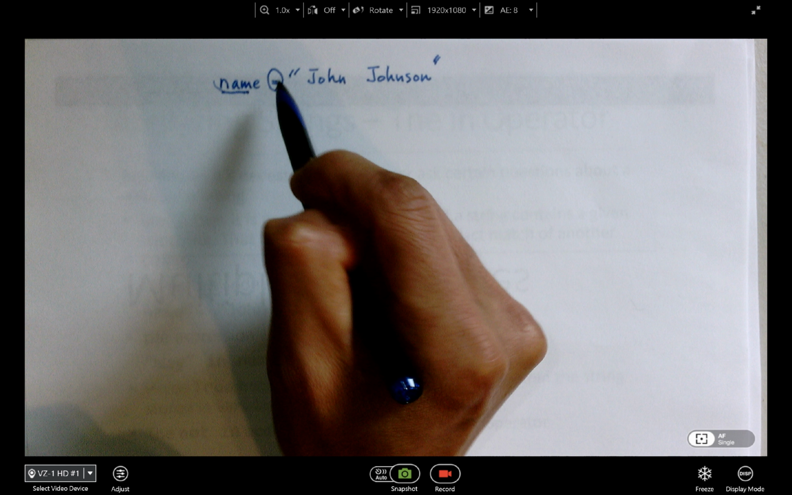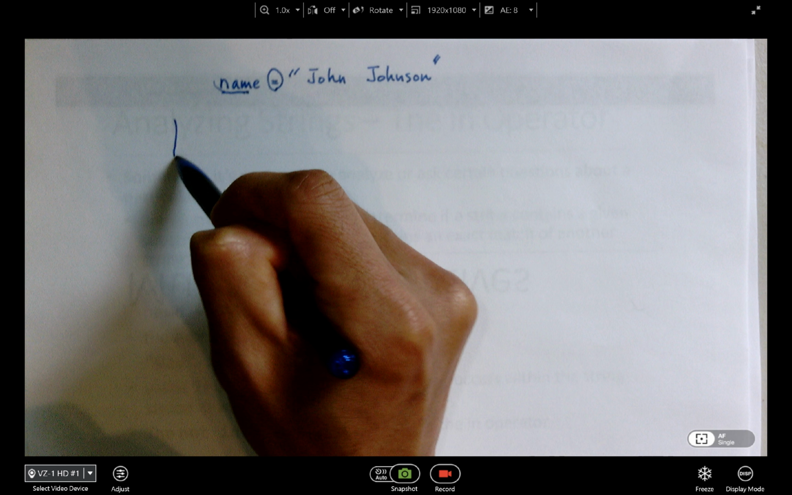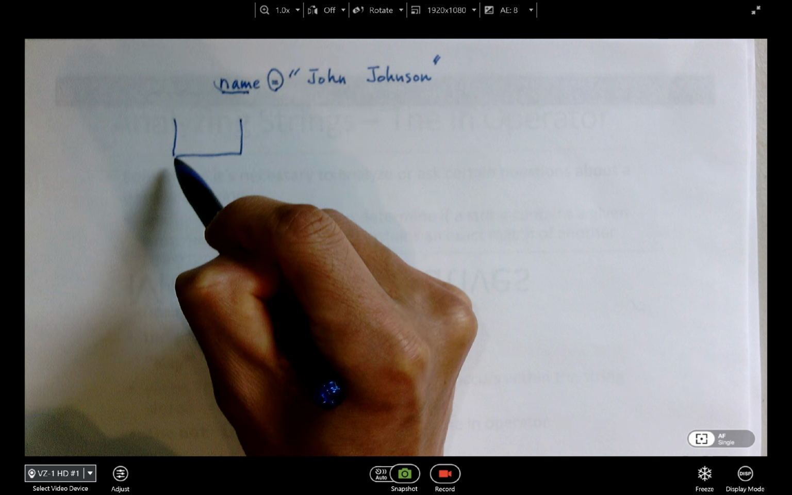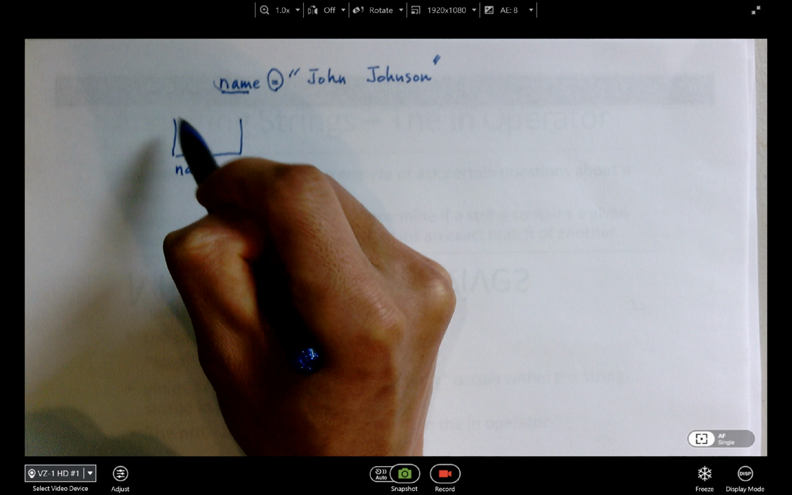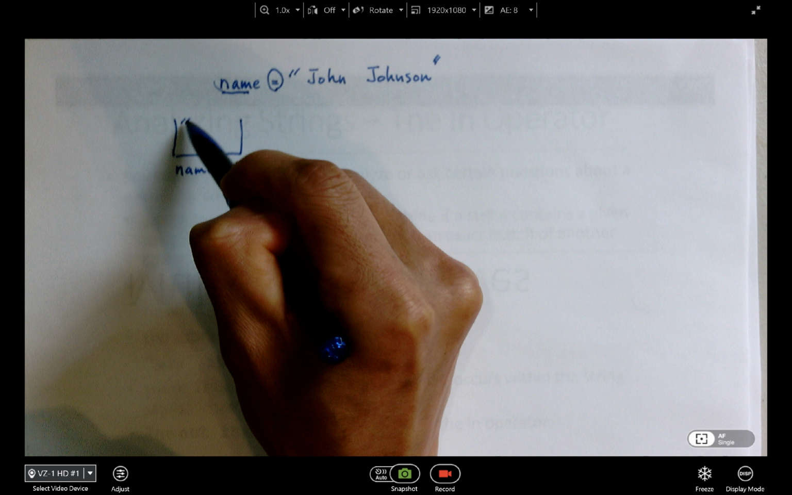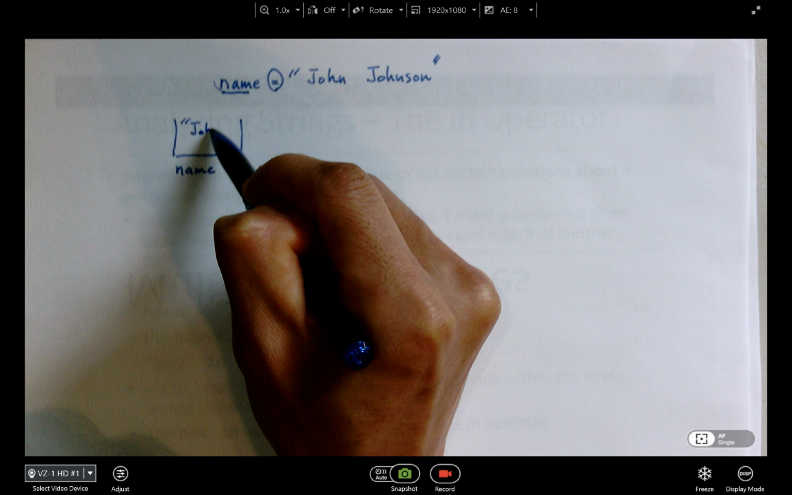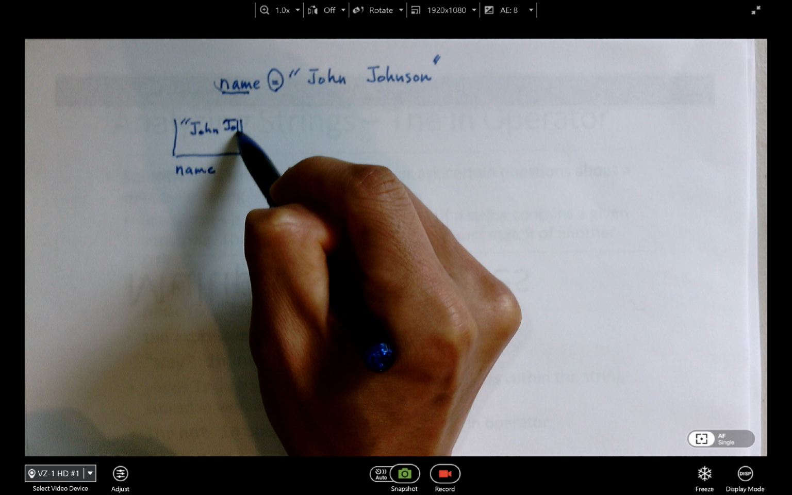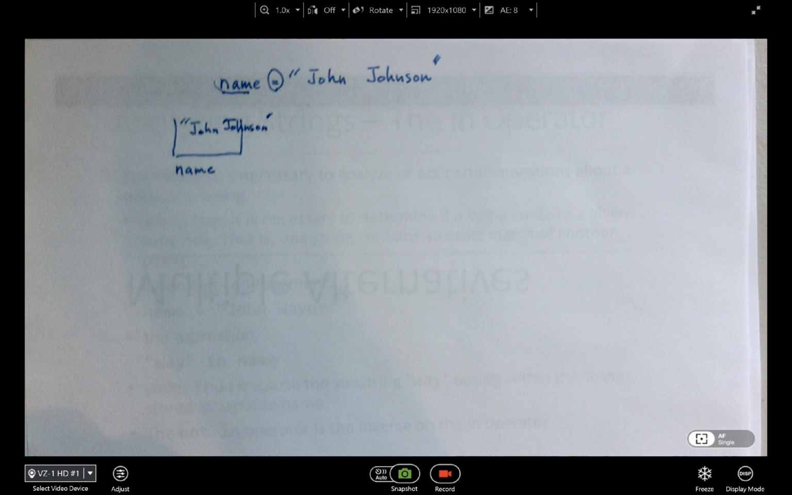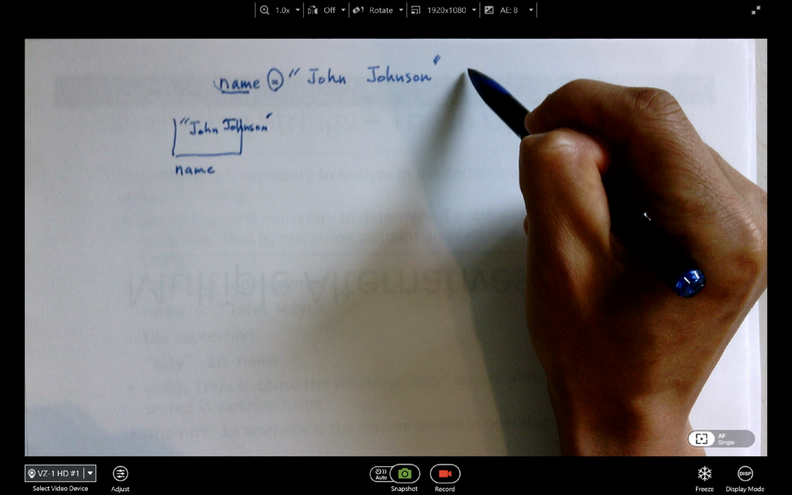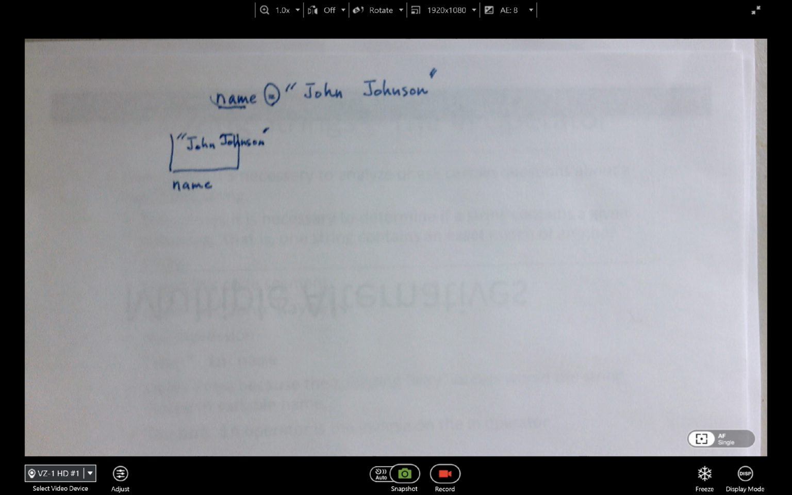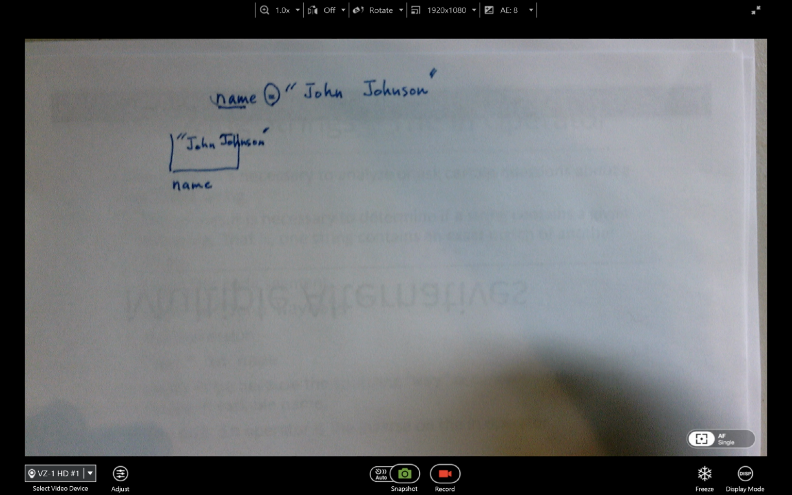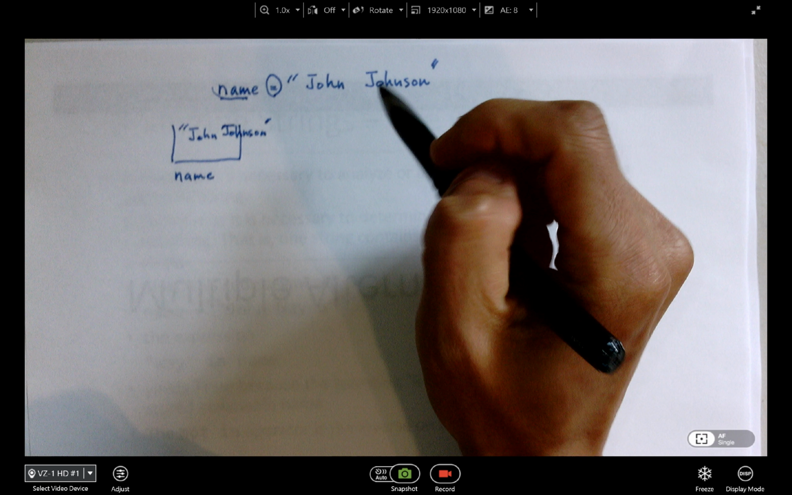right? And then if you just draw the diagram, you have a box, right? And the name, this is the variable name. And then you have John Johnson, right, in the box. But when it comes to strings, this is not really the preferred way of drawing the diagram, because I like to use a different diagram,